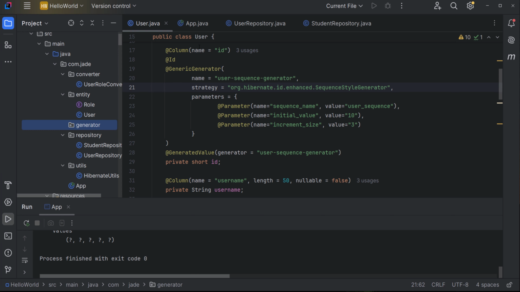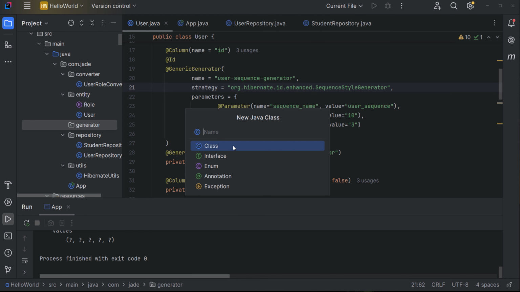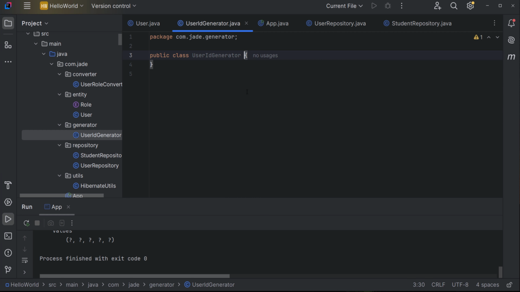Inside this you can create a new Java class, and you can put the name user ID generator. After you finish creating the class, you need to implement this class with the